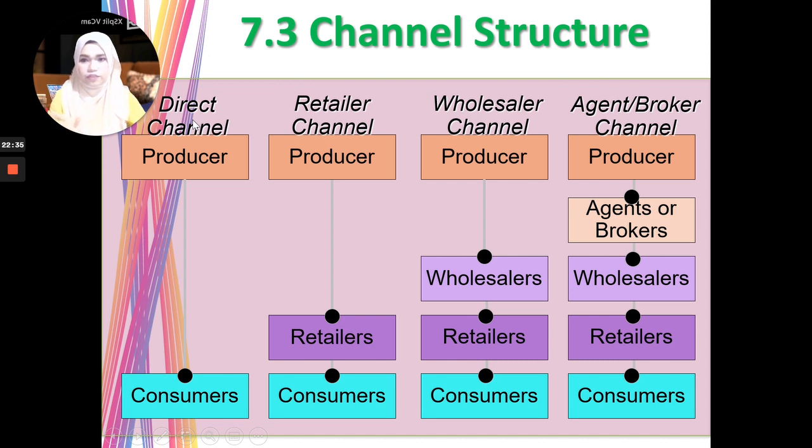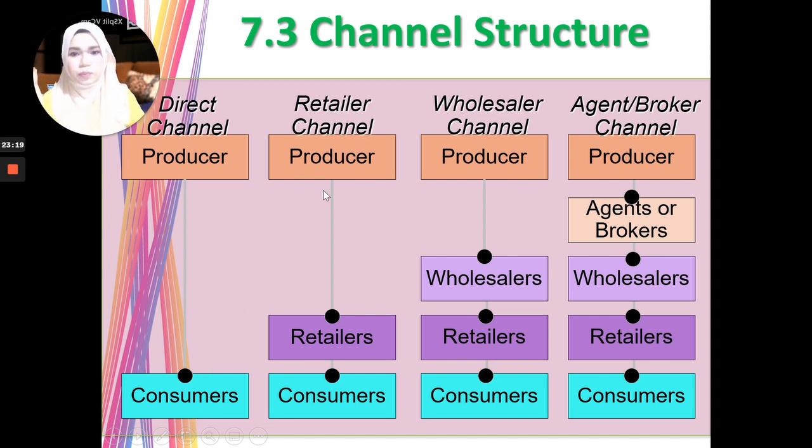Now it is simple. If it is direct, that means the producer will sell directly to the consumer without any intermediaries. Typically, this can be done if you have a lot of resources, of course money as well, and also human resources to sell directly to the consumer. And typically producers also need to choose this direct channel because they are selling services, because remember, services cannot be transferred to another party in order for the consumer to consume it. So that's why it is a direct channel.